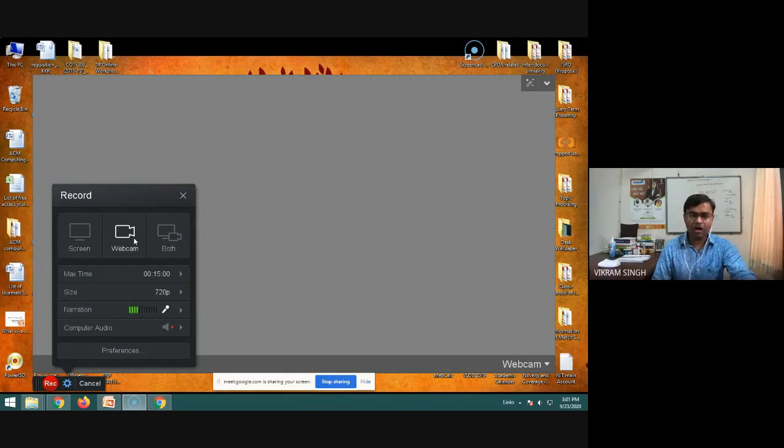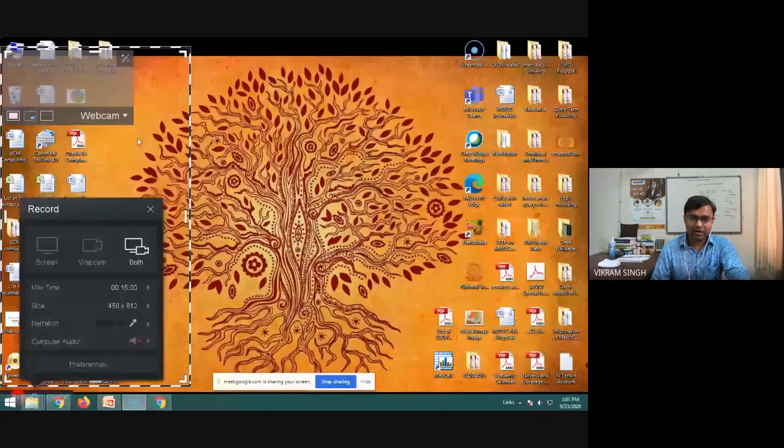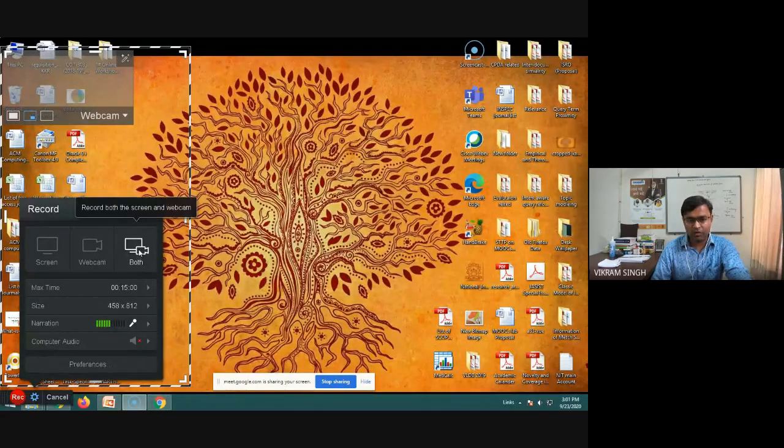It will not record the screen movement, right? So this is typically one way to record yourself. So whenever we engage in some kind of lectures and you want to record your own movement, your own video, you can simply click on this mode and record. And if you want to combine both, right? If you combine both, it means creating a video with the screen movement, and along with it, if you want to plug in your own video, this is the mode which is suitable for you.